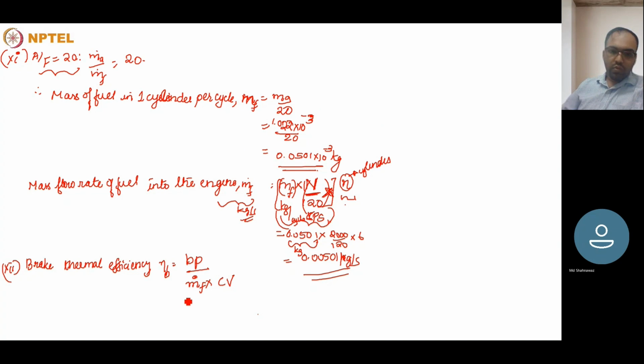So this value will be equal to its value will be coming to be around 42,000, sir. Electric value 42,000. Right. Divided by 0.00501. This is this quantity multiplied by CV, and the